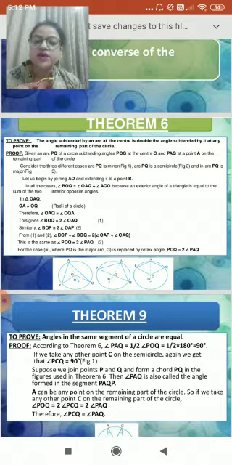So let us begin by joining AO and extending it to the point B. So in all the cases, angle BOQ is equal to OAQ plus AQO, because an exterior angle of a triangle is equal to the sum of the two interior opposite angles. This property we have already learned. Now in triangle OAQ, OA is equal to OQ, radii of the circle. Therefore angle OAQ is equal to OQA. This also gives us one more clarification, that BOQ is twice the angle OAQ. Similarly, angle BOP is equal to twice angle OAP.